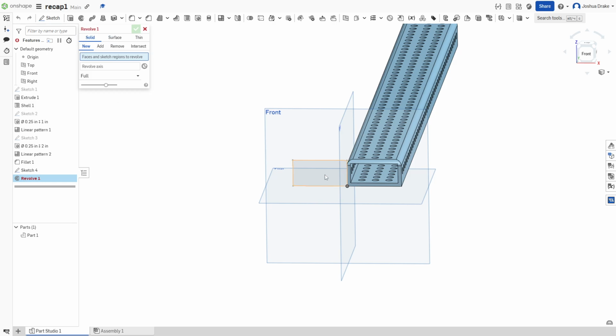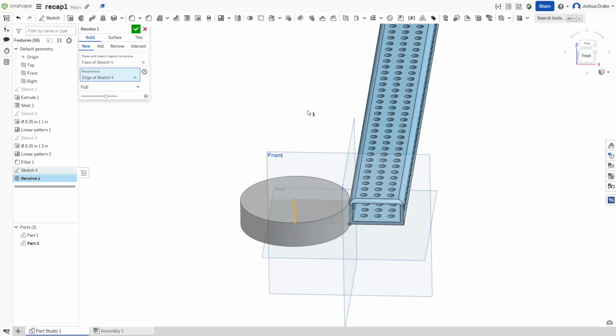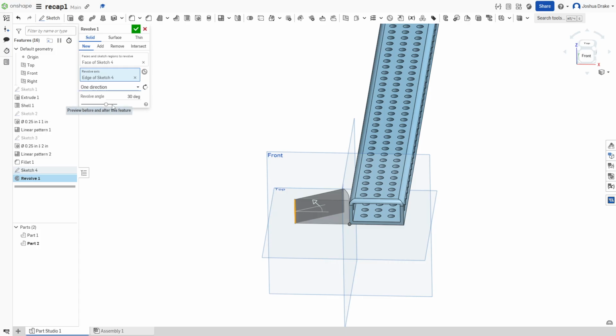It takes your sketch and revolves it around a point. The face that I want to revolve is this sketch, and my revolve axis, I'm going to revolve around this axis right here, and see how it creates a circle. So this is a full revolve, or I can make it a one direction revolve,